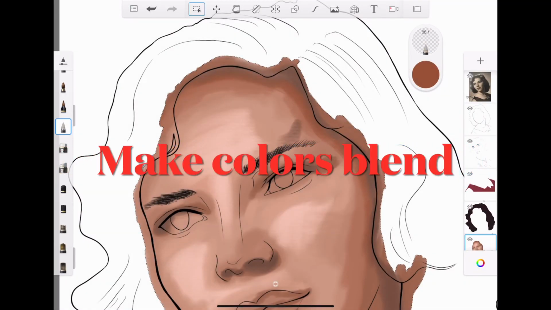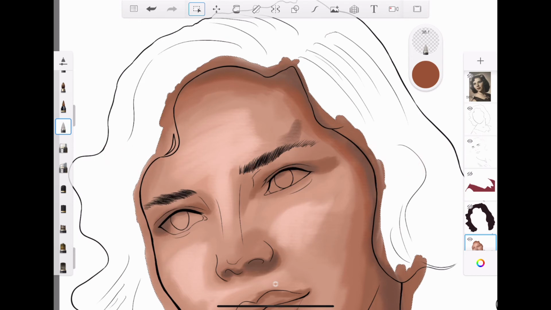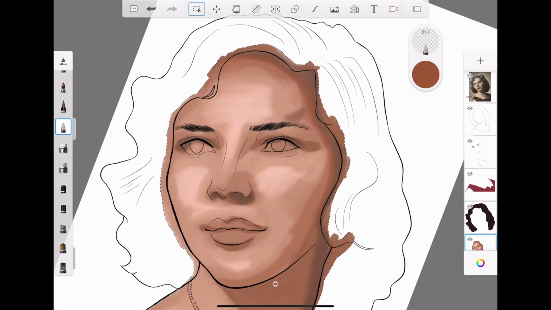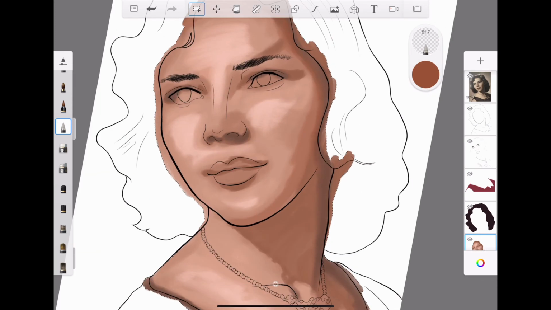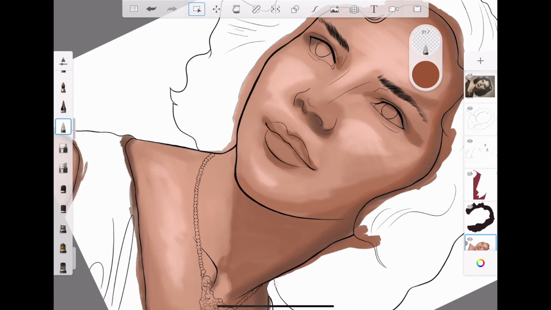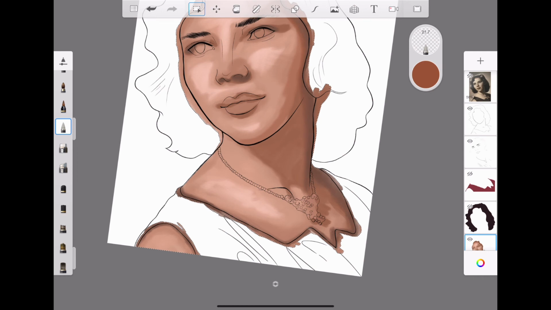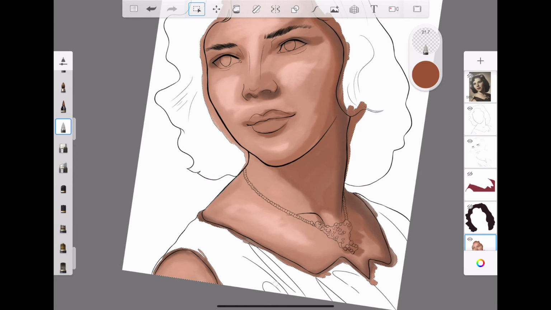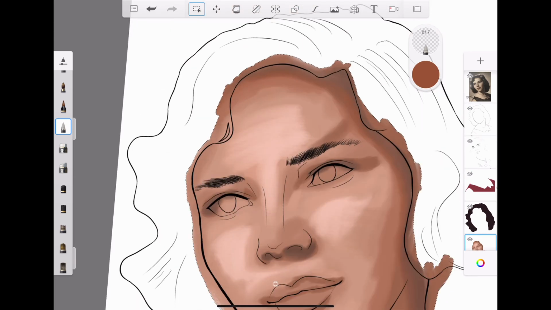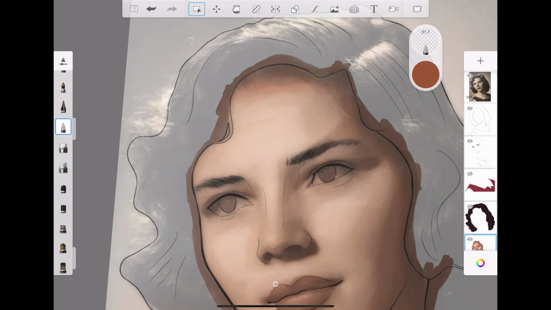A useful brush for blending colors is the smudge type. The brushes in the menu on the left are all easy to use. One of them is a smudge pen. Use a smudge pen to blend the color boundaries. From here, the process of layering and blending colors is repeated over and over again. If you repeat it over and over again, I think you will get a color that you are satisfied with. Until that happens, let's layer and blend the skin tones.